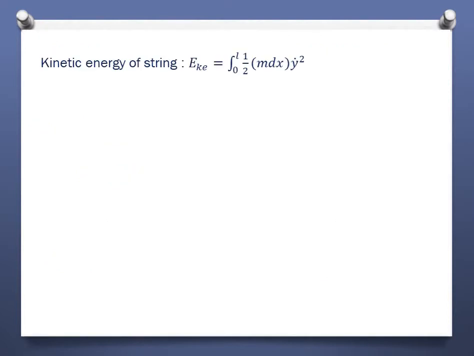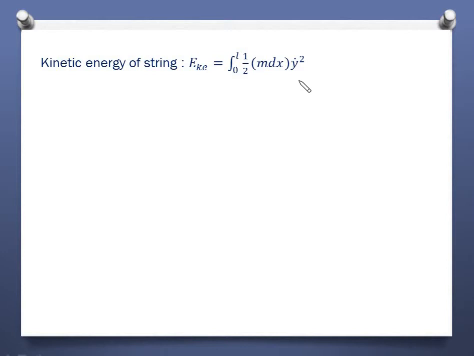Kinetic energy is half m v square. So we will have half, m means mass. We know small m is the mass per unit length. So m into dx will be the mass of that element, into y dot square. This is the kinetic energy for the element dx. So what will be the kinetic energy for the full string? Okay, whole string. So we need to sum over all such elements, that is, we can integrate